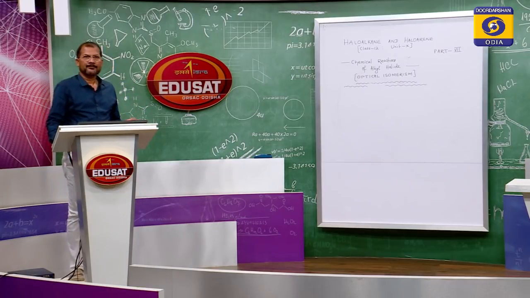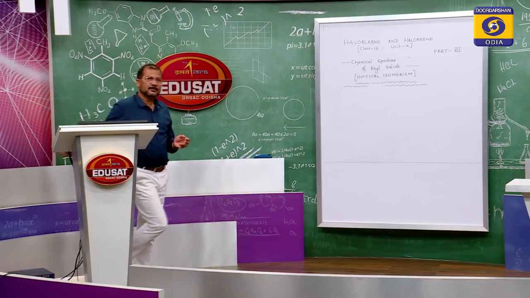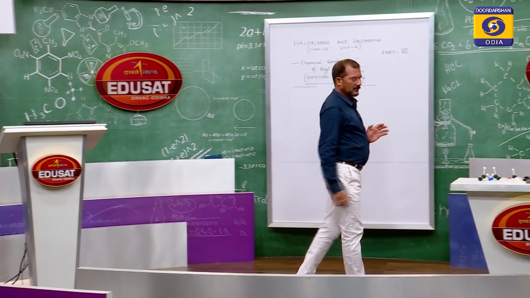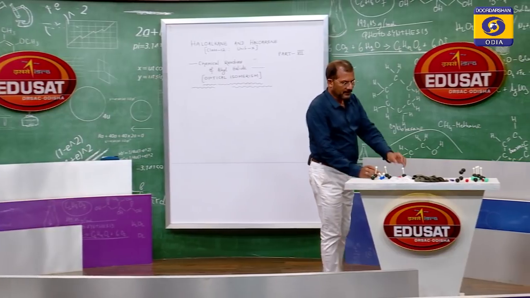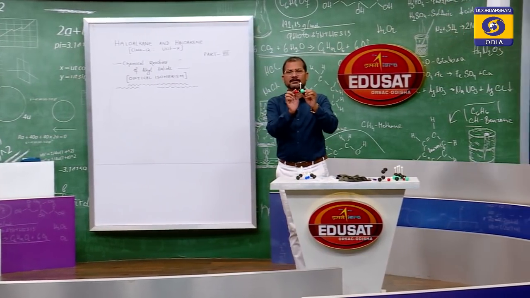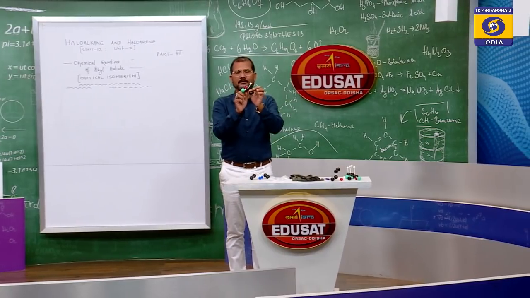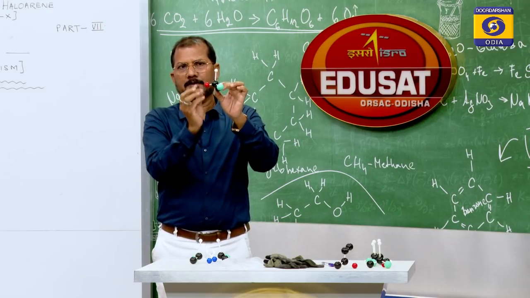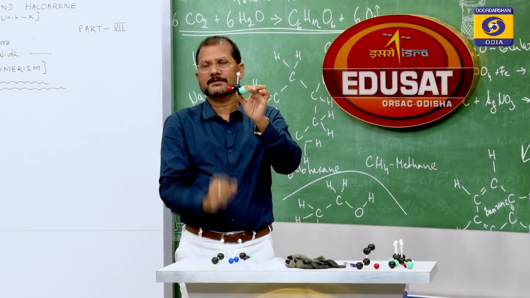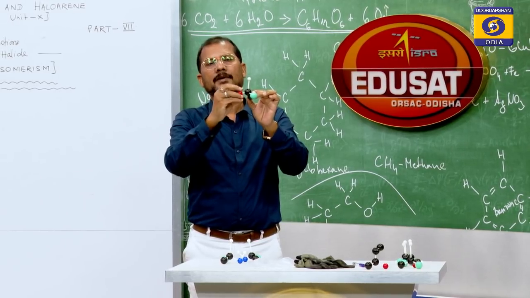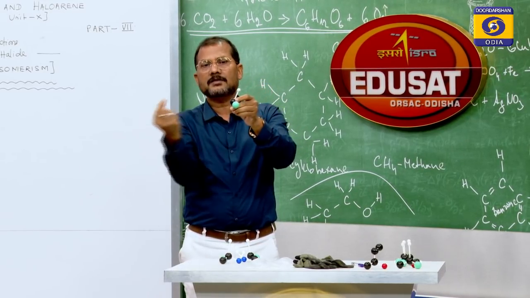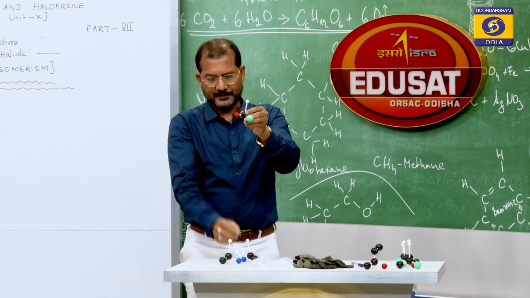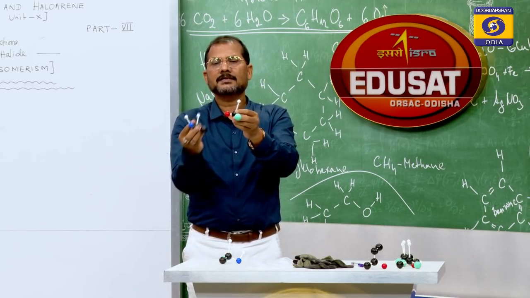So, let me discuss some models of this retention, inversion and racemization reaction. I have told that a carbon atom containing 4 different groups attached is called an optically active carbon atom. So, this is an optically active compound. Say this is the reactant. If this reactant reacts with some species, this red ball will be removed and something else will be joined here. Suppose chlorine is removed and OH is entering, then the molecule may be something like this.